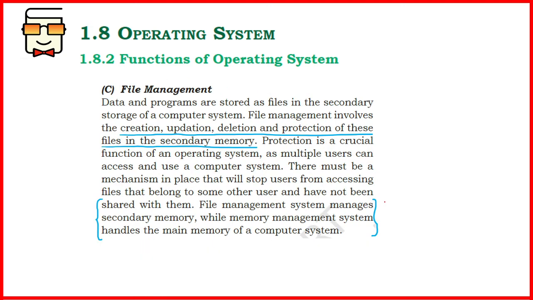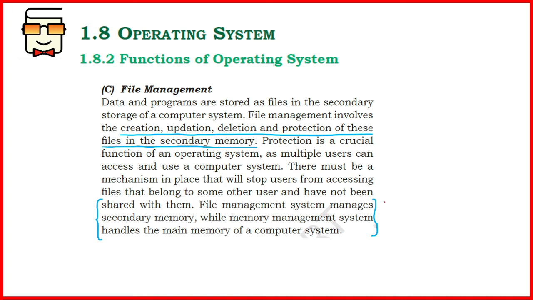The third important task is file management. See, memory management refers to the primary memory or the RAM, and file management refers to the secondary storage, the content that is stored on the secondary storage. Now, file management involves not only creation of files, the modification, updation, deletion of files, as well as the security of these files. Files can be in the form of files, folders, directories. We are calling all of them a file. We are grouping them in the common category and giving them the term file.